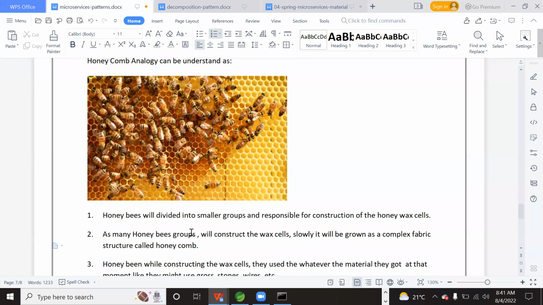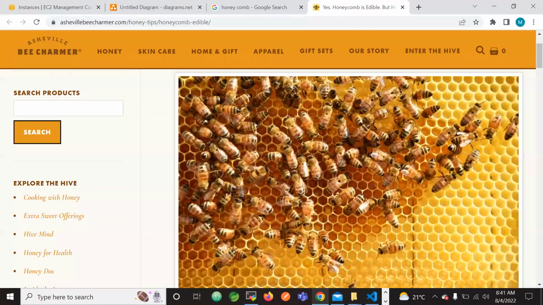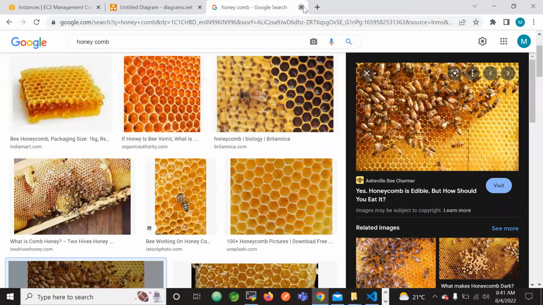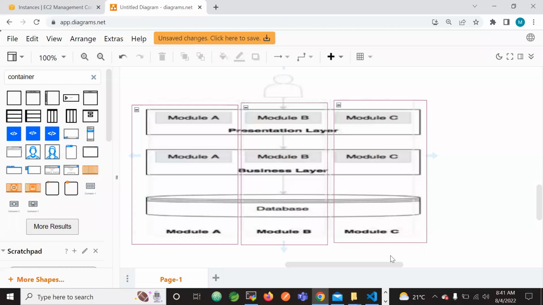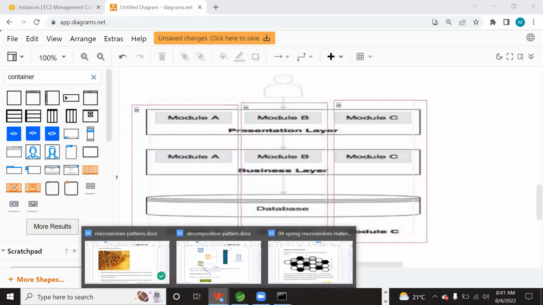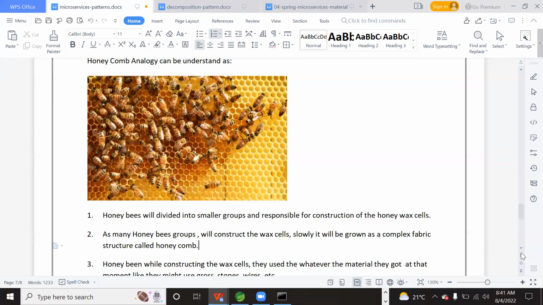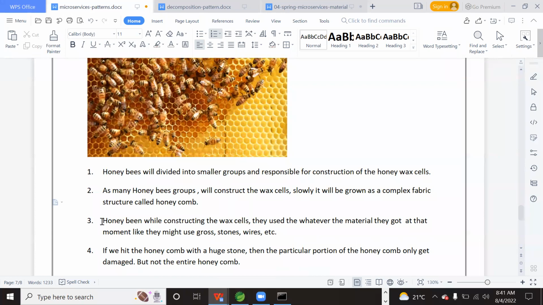Like how the honeybee groups construct the wax cells and slowly it grows as a complex fabric structure called a honeycomb, similarly when we develop our application as microservices, slowly at one point of time it becomes a lot of microservices, and that lot of microservices will constitute our application, right?